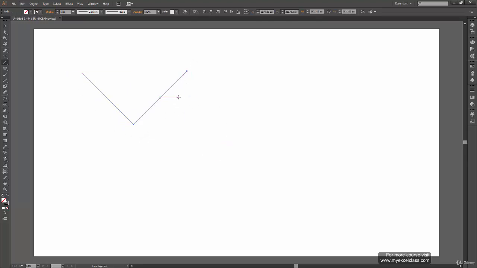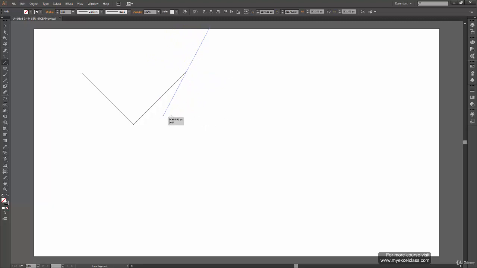So this is the normal way I create my lines. I just click and drag, and the first anchor point is fixed and now I'm positioning the second anchor point, where to put that. But when I press the Alt key, it shifts the center of the line. Right now I'm holding the Alt key and it has shifted the center of my line, and now I'm moving both anchor points together.